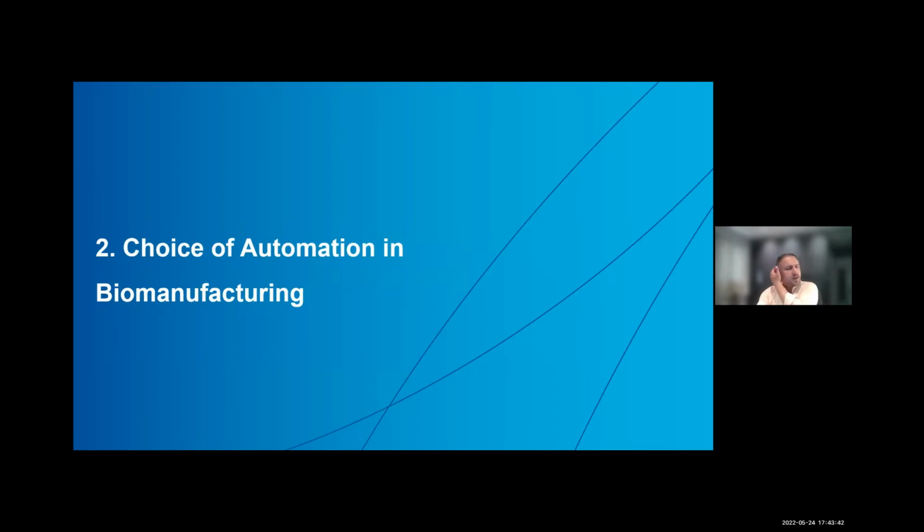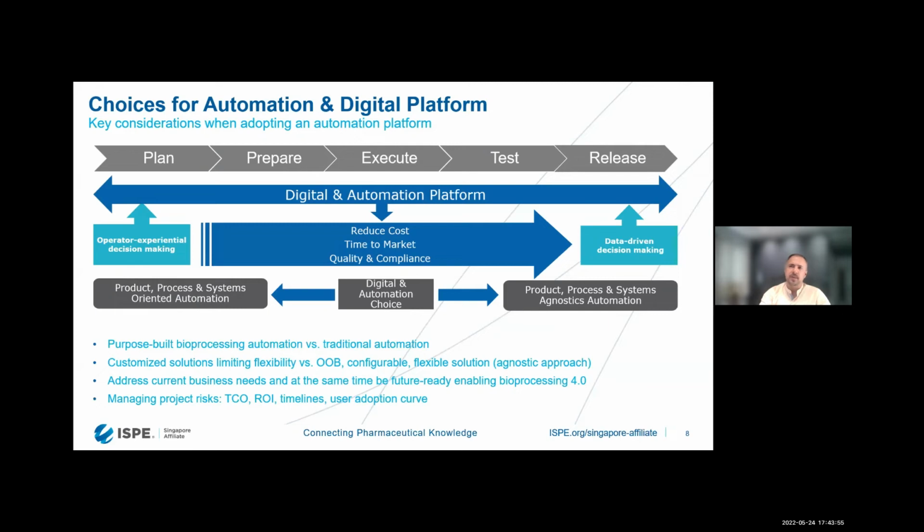So the next section that I have is what are the different digitization choices that would help in your manufacturing with respect to automation. So when I think of the choices for automation and the digital platform, this is where I wanted to bring up some key considerations when you are trying to adopt from, maybe, a level 1 to a level 5. So one thing before I go to the content of the slide, one thing that I would want to bring up today is